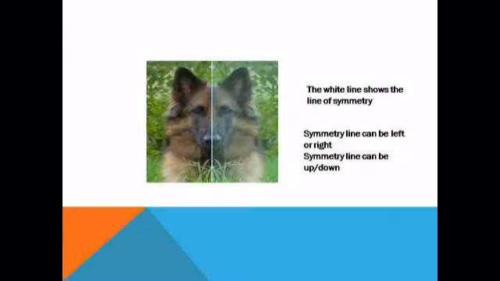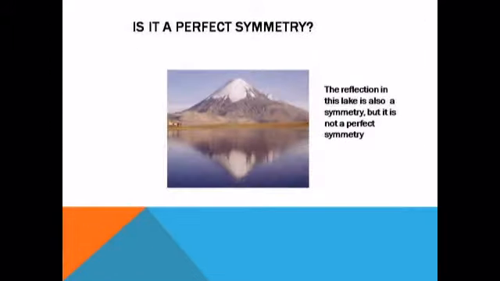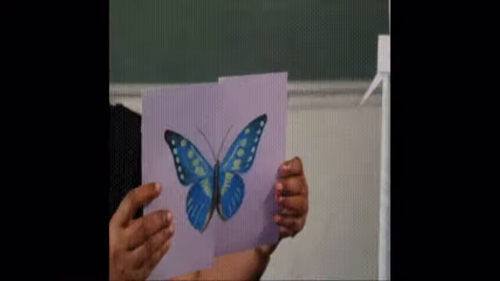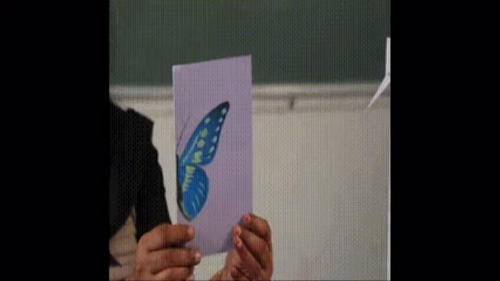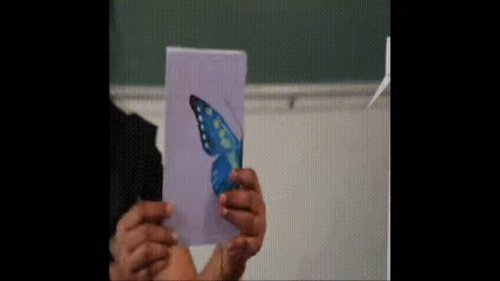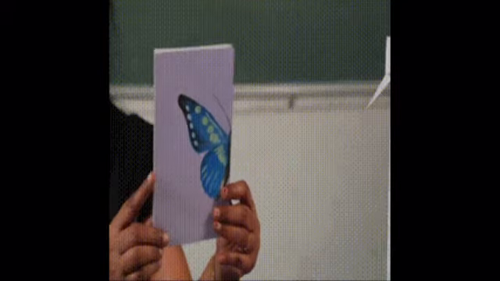For example, from your daily life, you can take the human face. We can divide it into two equal parts, so we have to fold it equally. You can see one piece looks the same as the other. And this line which divides the parts into two equal parts is the line of symmetry. Similarly, you can see symmetry in flowers and in butterflies. If you cut it or fold it, you get two equal parts, and one is the mirror image of the other. So line symmetry is a very important phenomenon in our daily life situations.